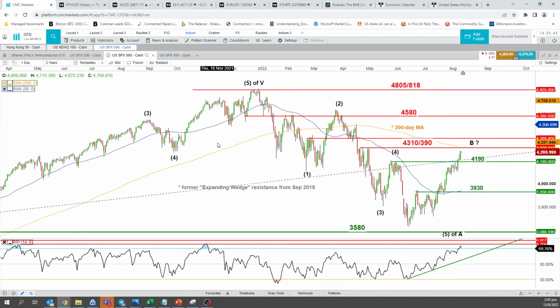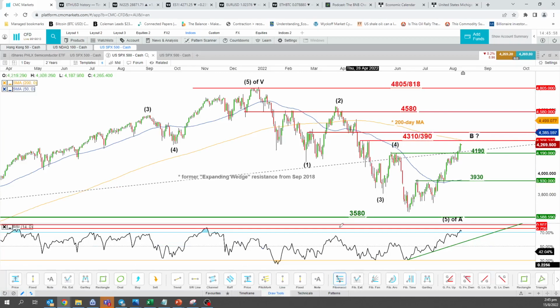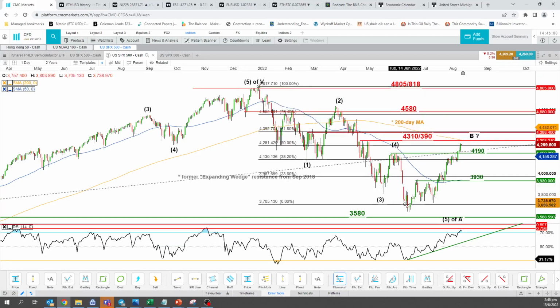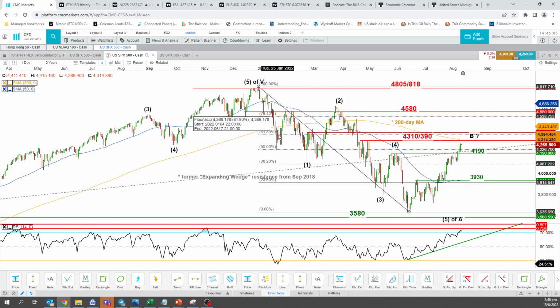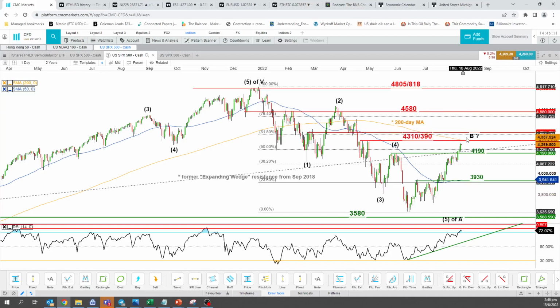So what we can see on the SPX 500 is that the rally from the 17th of June low is coming very close to the 200-day moving average and also to the 61.8% Fibo retracement. If I draw the Fibo retracement from the high of 4th of Jan down to the low of 16th of June, 61.8% is here, at the 4390 level. So we are coming very close to a key resistance zone, confluenced by the 200-day moving average at 4310, and also the graphical swing high area of 25th of April to 6th of May.